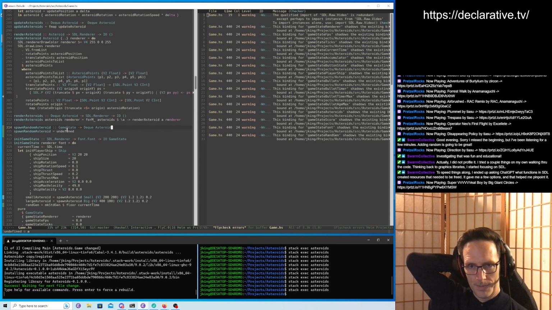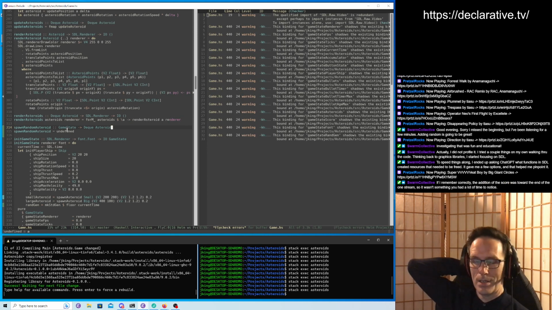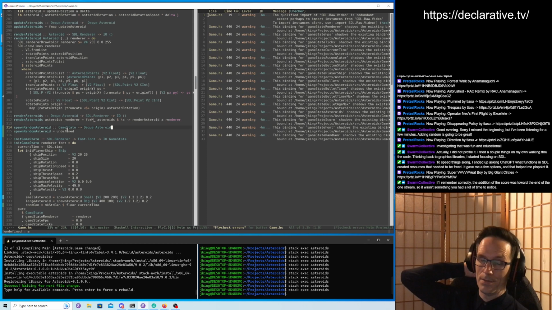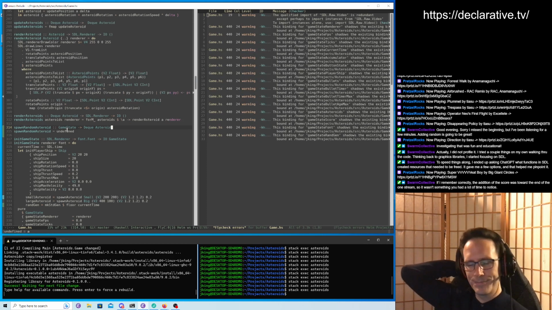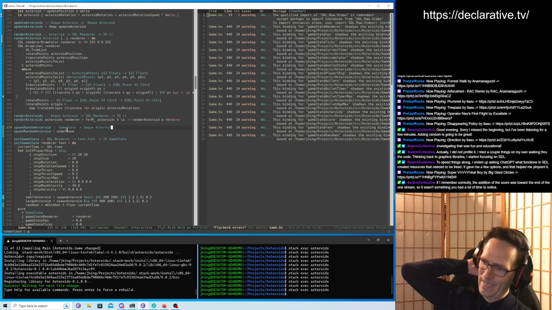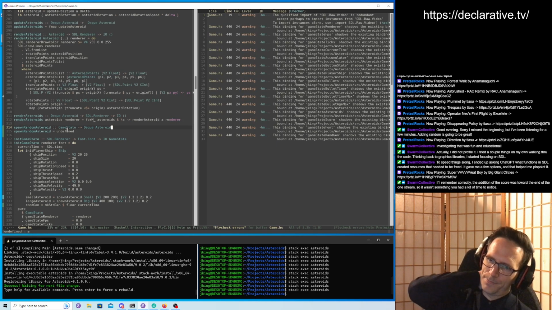Cool. So, yeah, I think before we do the physics update or after we do the physics update, we still have the same problem where we could potentially spawn an asteroid on top of a bullet and do collision detection. If we do it after the updates, then the collision detection at least won't happen until the next frame, which, given the size of the asteroids and how fast things are moving, it might give you a free point anyway by accident. Or we could,